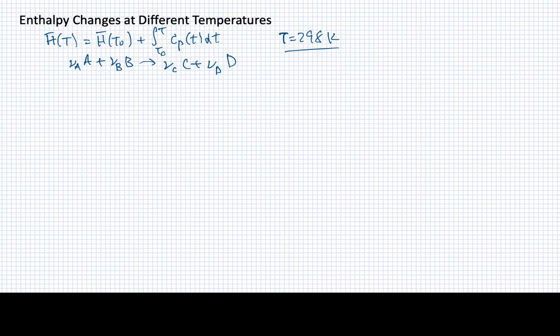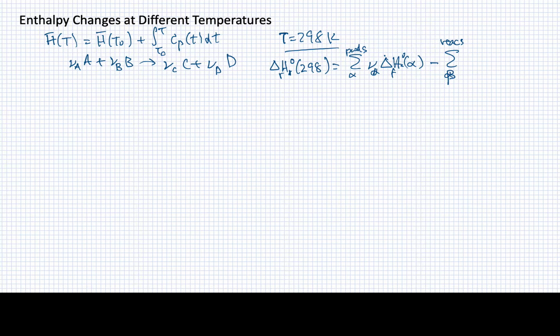Now, one way we can write down the enthalpy change for this reaction under standard conditions, so this would be inherently at a temperature of 298 Kelvin, is the sum over all the products of the stoichiometric coefficient times the enthalpy of formation, the heat of formation for those products,